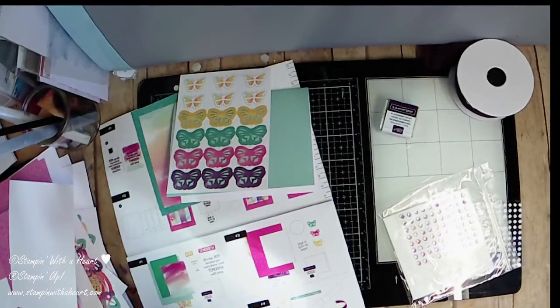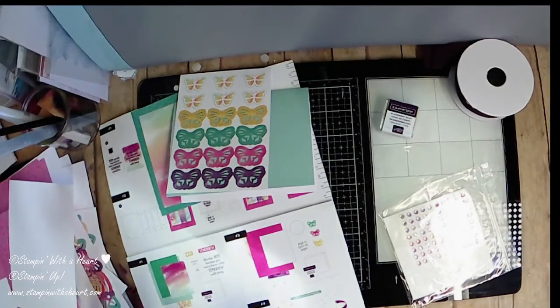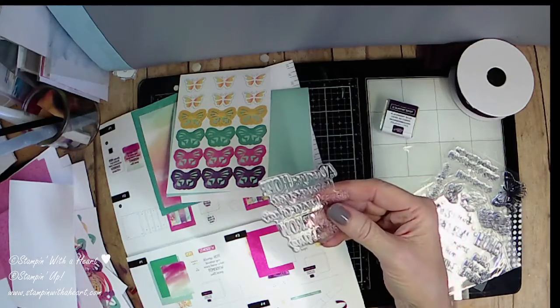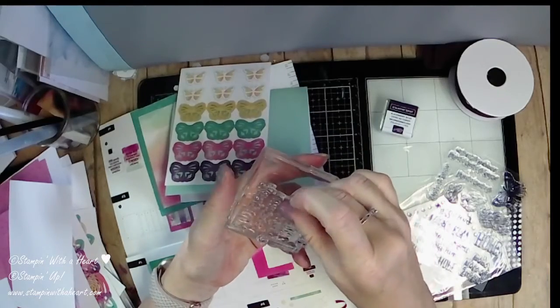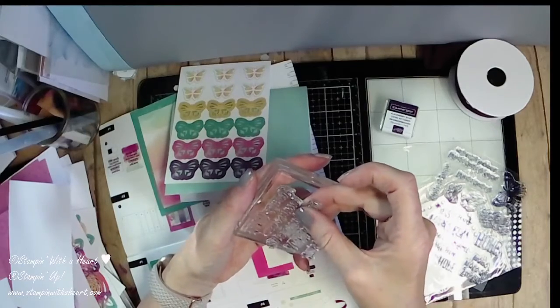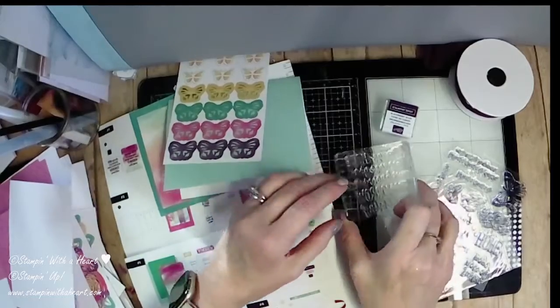Now, again, I do like using the actual stamp pad and not the re-inker. The re-inker to me is just too small. So I'm going to use this first stamp that comes with the set, put it on my block, and I'm going to get out my Blackberry Bliss ink. Now that we've got it all nice and placed,